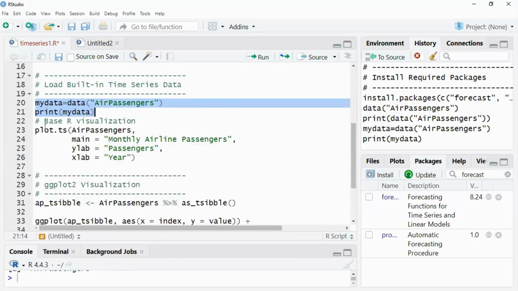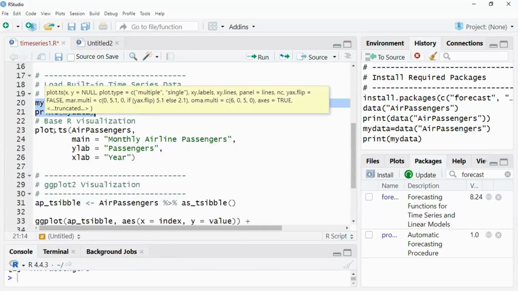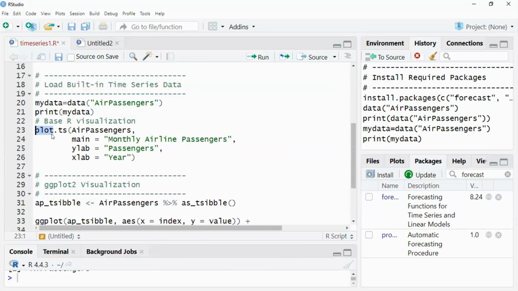Now to visualize the data set for basic R visualization, I use plot.ts and pass the AirPassengers data set. Here the title of the graph is Monthly Airline Passengers, and for that the parameter is main. For the x-axis title, there is a parameter xlab, and for the y-axis there is ylab, and these are the titles that we can give. Okay. And now if I run,